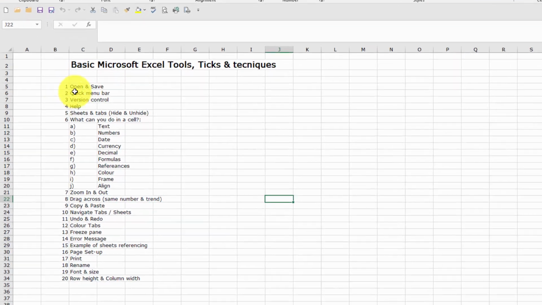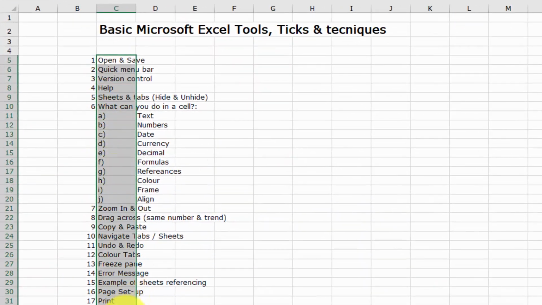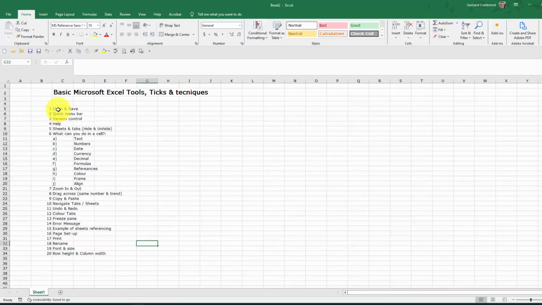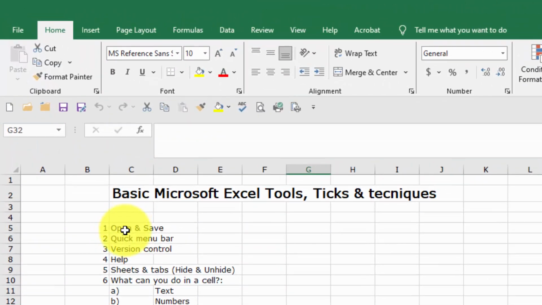Now you can see that we're going to address a number of issues here today, and so hopefully we'll get through the list fairly quickly. We've discussed how to open the file, and now I need to save the file. If you go to File,